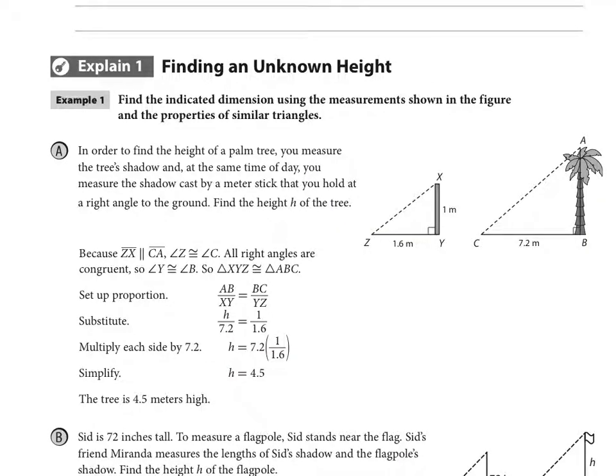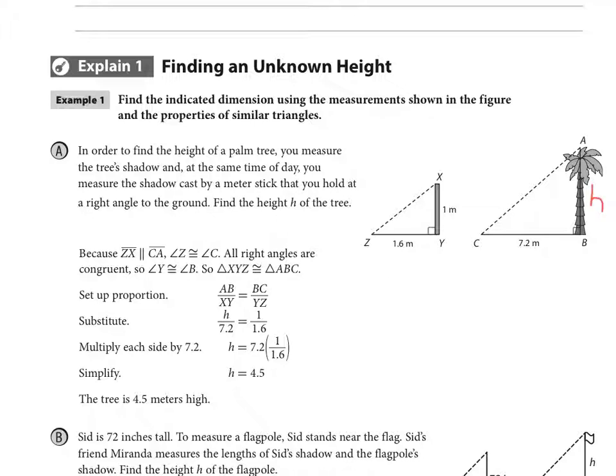So in Explain 1, Example 1, Part A, it says find the indicated dimension using the measurements shown in the figure and the properties of similar triangles. In order for us to know how tall this palm tree is, we are going to measure the shadow along the ground of the tree, and at the same time of day we're measuring the shadow cast by a 1 meter tall stick that we're holding at the same right angle to the ground as we can assume the palm tree is. Okay, so we've got our right angles here and here. What we want to find is the height h of the tree, so let's label that h,